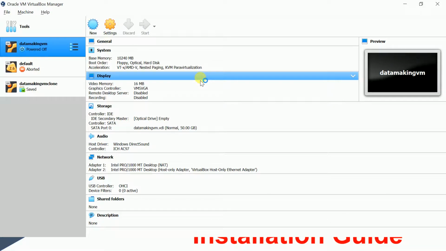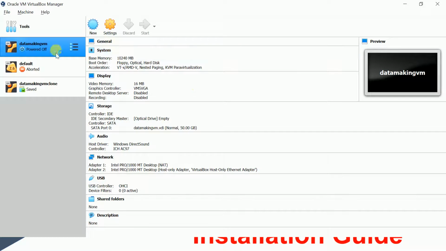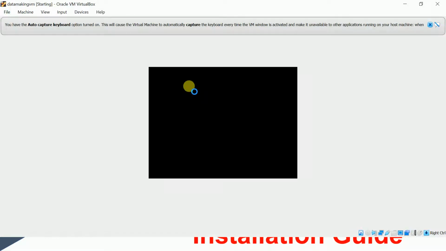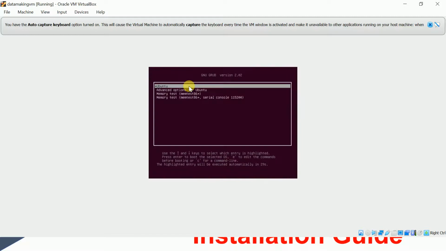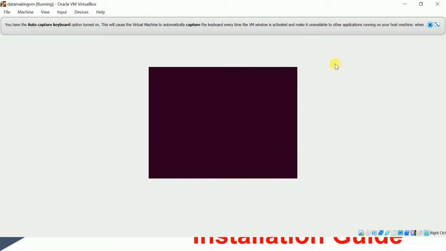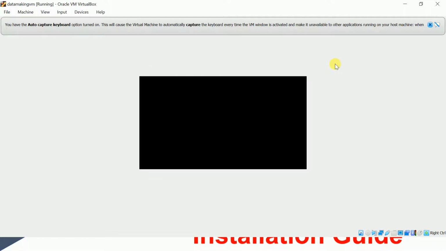I'm starting my virtual machine, with Ubuntu on it.